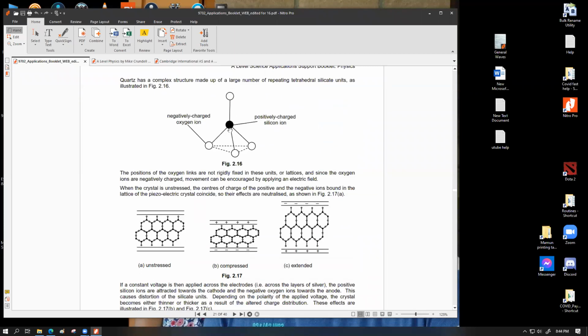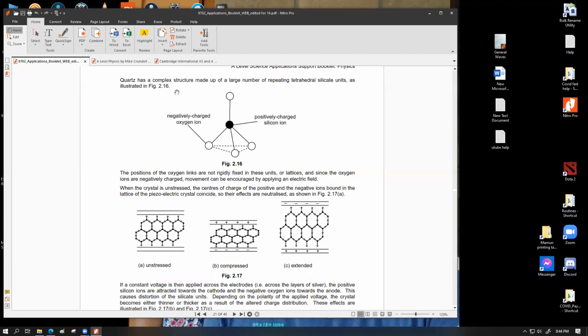So this central one is the silicon ion, and these circle ones are the negatively charged oxygen ions. This is not actually hexagonal like this. This is actually called a tetrahedral structure. Quartz is a complex structure made up of a large number of repeating tetrahedral silicate units,